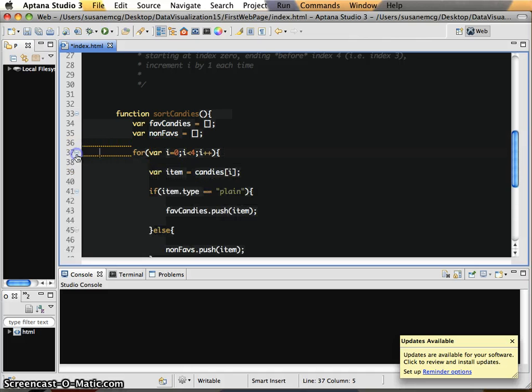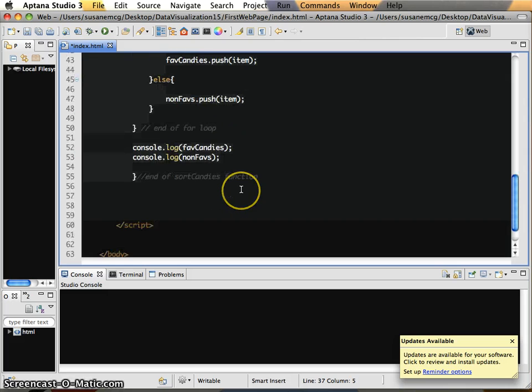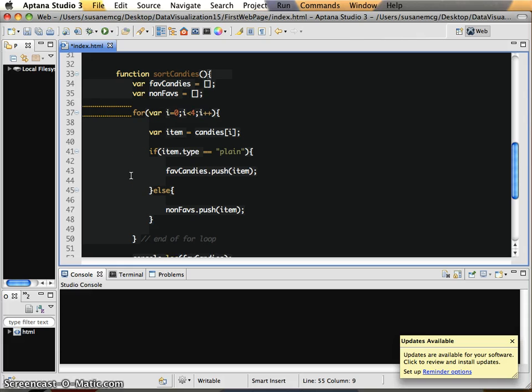Oops, looks like I lost it. Did I lose a parenthesis here? No. I don't know what it's complaining about. I think it's just being annoying. Oh, it doesn't like this, maybe. Let's see. Anyhow,